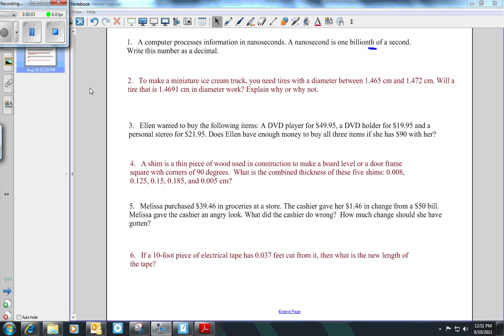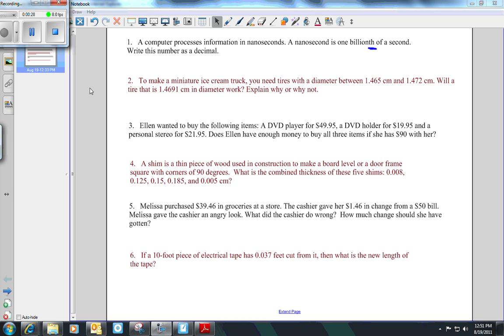All right, your notes for tonight are to do 6 word problems involving decimals, and we'll be doing more in class tomorrow. What I want you to do is have your own piece of paper. On the top right, I want your class period and the date, and then on the top left, I need your first and last name on the paper. You need to write neatly